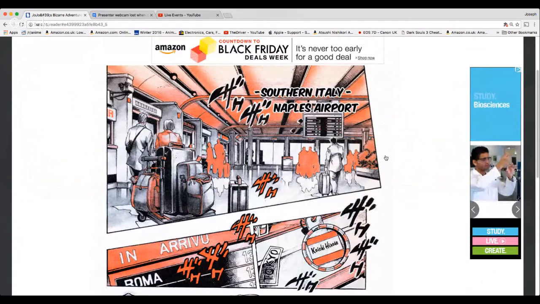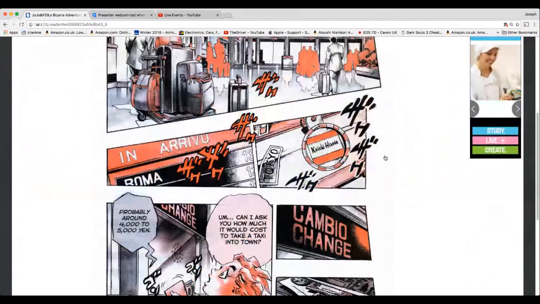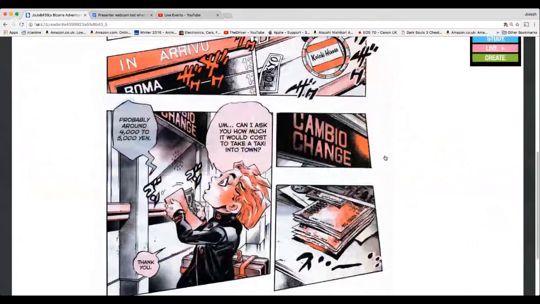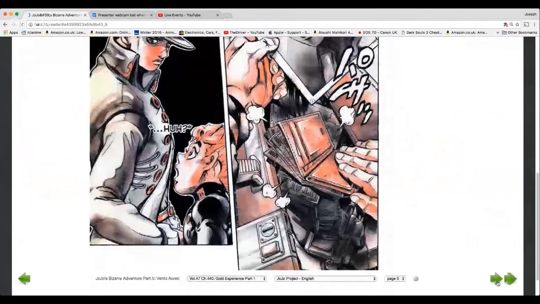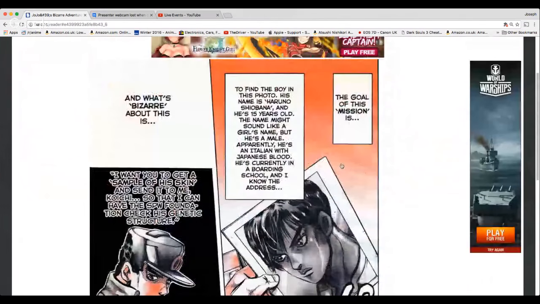Southern Italy, Naples Airport. Koichi Hirose. And can I ask you how much it would cost to take a taxi into town? Probably around 4,000 to 5,000 yen. Thank you. The goal of the mission is to find the boy in this photo. His name is Haruno Shirobana, and he's 15 years old.